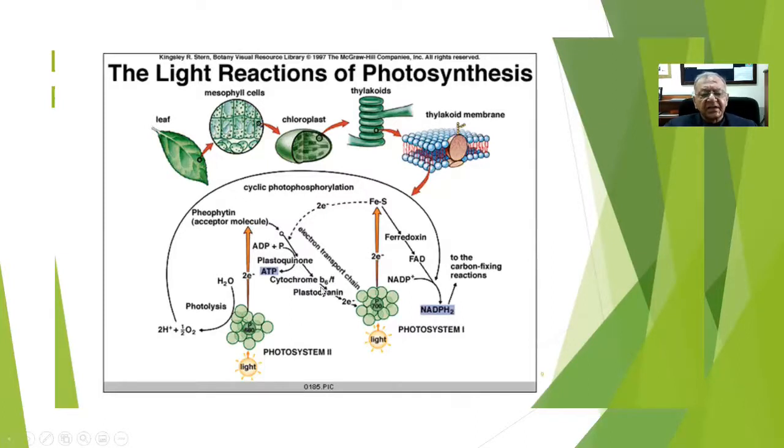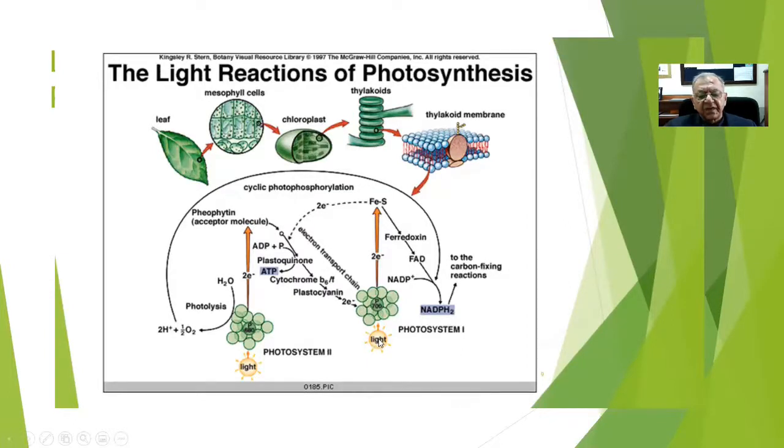Oxidation, reduction reactions will take place. Plastoquinone, cytochrome, plastocyanin take part. And in this process, ADP is converted into ATP. So formation of ATP takes place. This is a very important product that is found in light dependent reaction. So these electrons will end up in this second center, which is P700, and this P700 will accept these electrons,